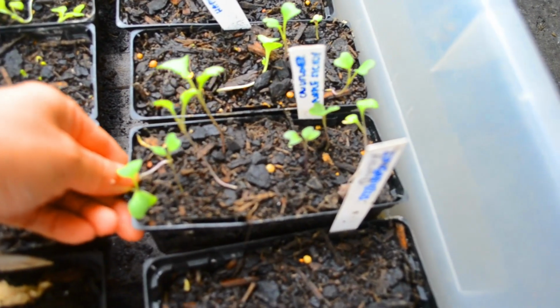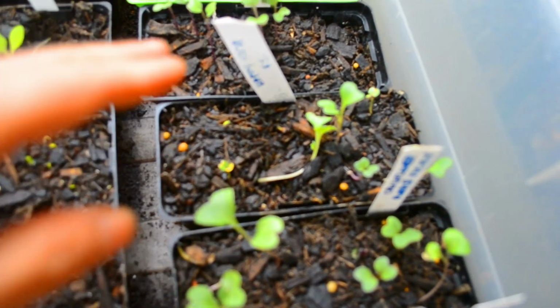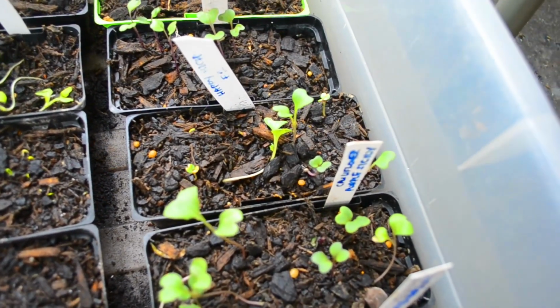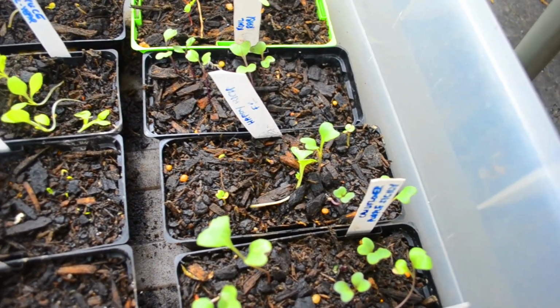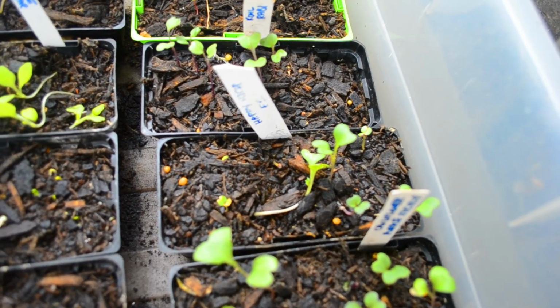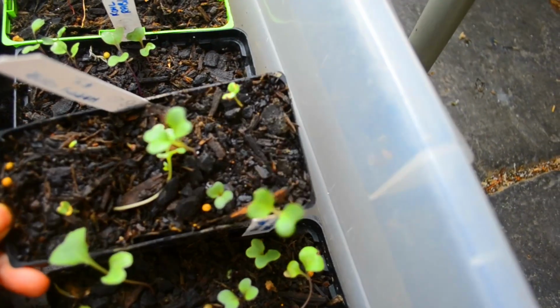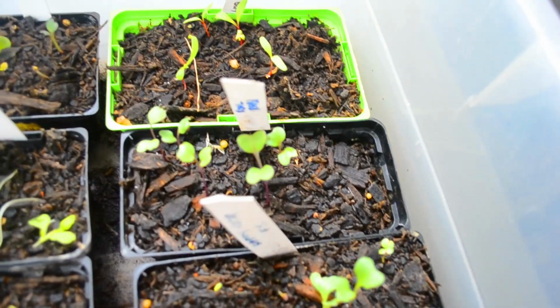So here we've got cauliflower, purple Sicily, that's Happy Rich F1. It's the only hybrid that we grow, but it's such an amazing broccolini, small-headed broccoli with endless side shoots, and it's so sweet. So we grow that every year, and I've had the same packet of seeds for about 3 years now, and it's so good. Got some kohlrabi, rainbow chard,